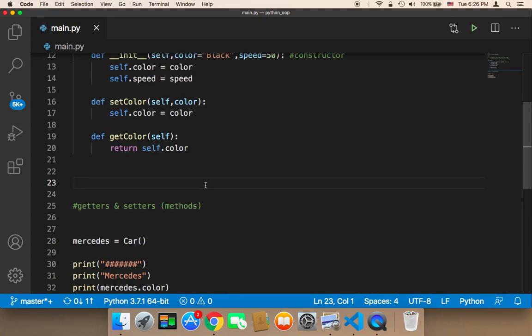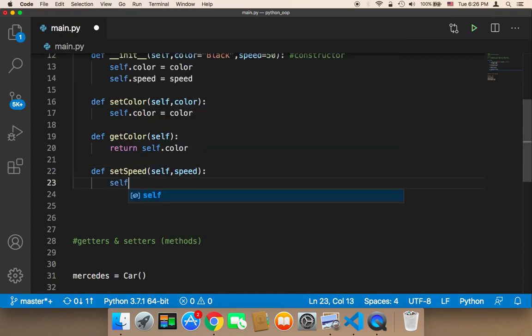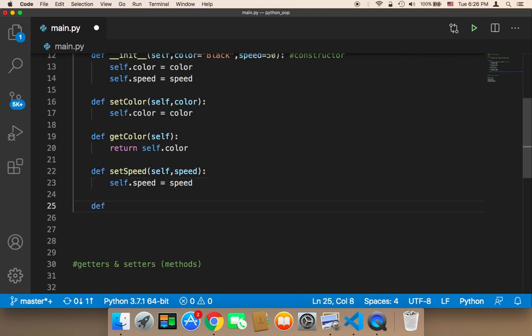So now it's time to create the setter and getter for the speed. So similar to what we did here, I'm gonna say def set_speed, and then I'm gonna pass self and speed, and then I'm gonna say self.speed is gonna be equal to the speed. And then for the getter, I'm gonna say def get_speed, and then I'm gonna say self, don't forget the self,